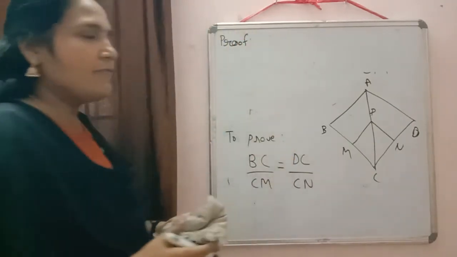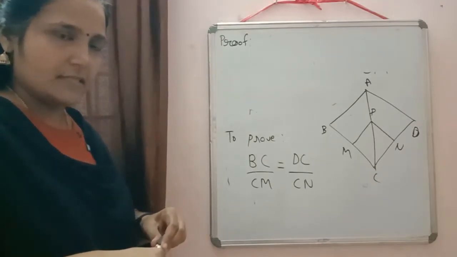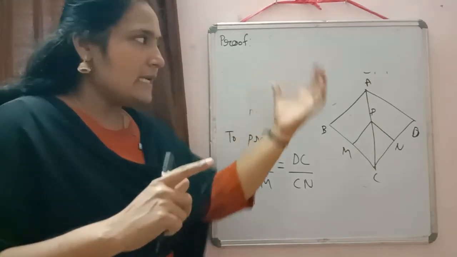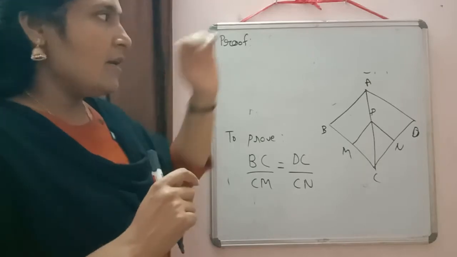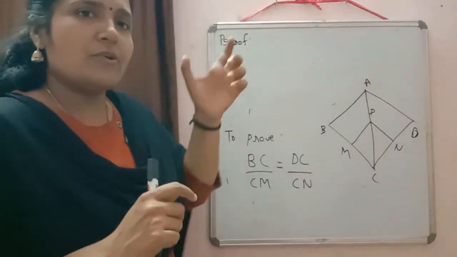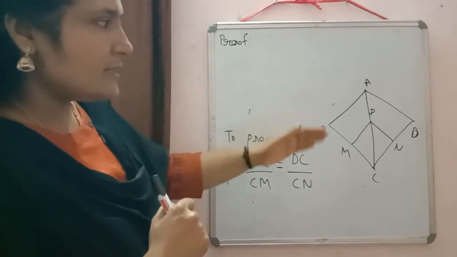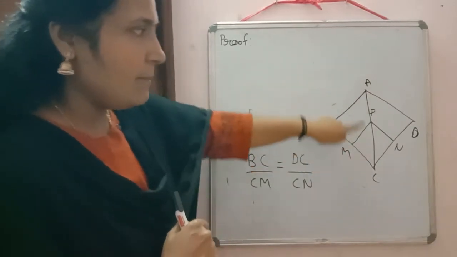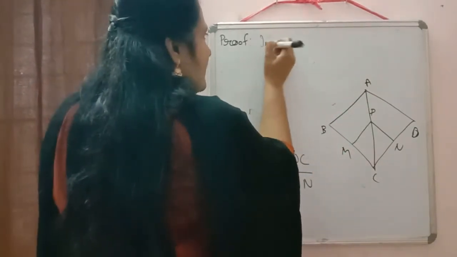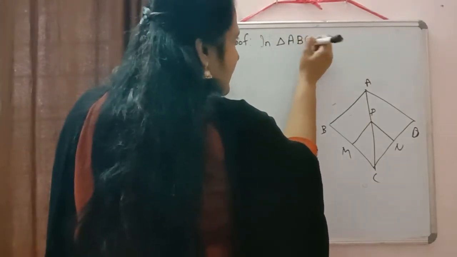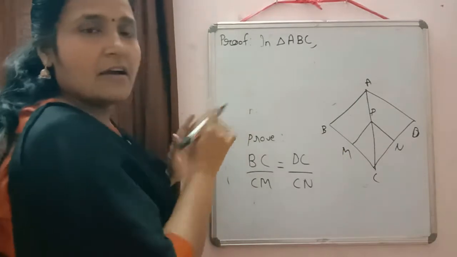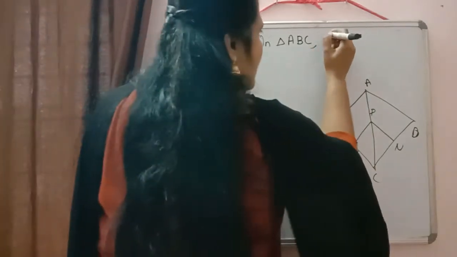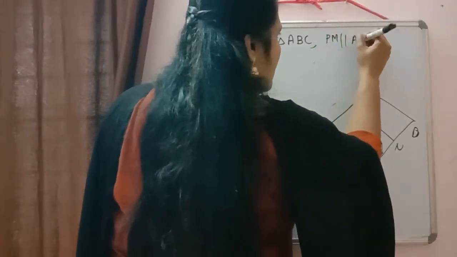We already know that we have to use the concept of BPT. So first, to use BPT we need a triangle. So first you have to check whether in the given figure we have a triangle and a line segment which is parallel to any one side of the triangle. So in this figure, do we have a triangle here? Yes, here we have triangle ABC. So always mention in which triangle you are using BPT. In triangle ABC, which line is parallel? Yes, we have PM parallel to AB. So write down there, PM parallel to AB.